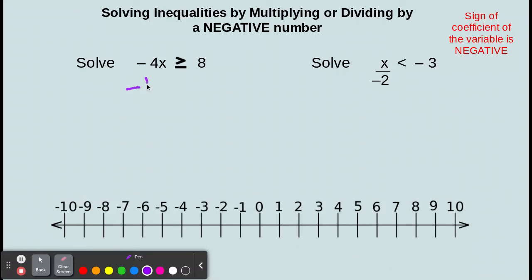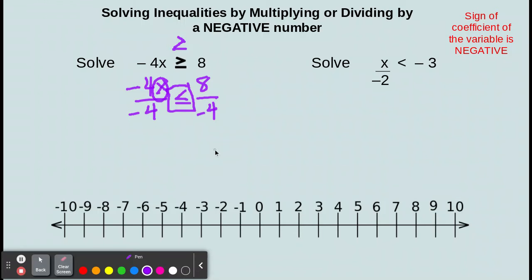Let's start that over. So negative 4x and 8, we want to divide this side by negative 4, right? Because negative 4 over negative 4 is the same as 1. That isolates our x. And on this side, we want to divide by negative 4, right? But what goes here? Now, typically, in the past, we were just putting the same sign there. But in this situation, when the variable has a negative sign in front of it, we do something different. And what we do is we flip